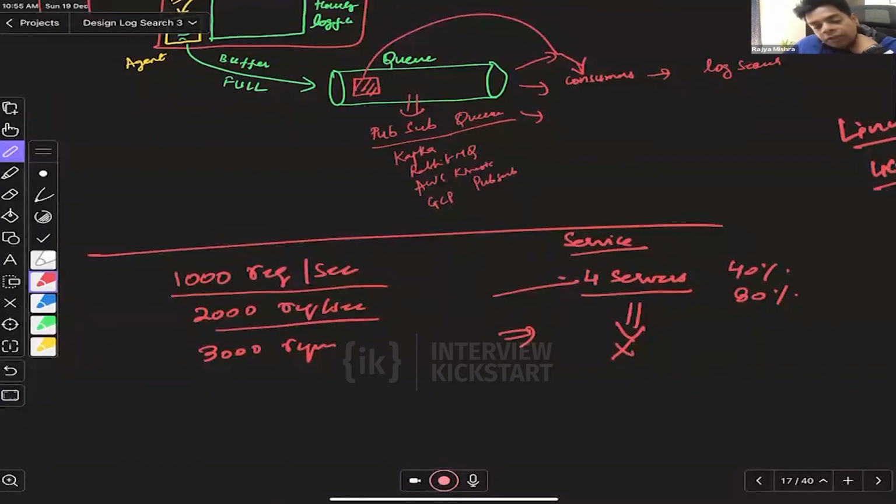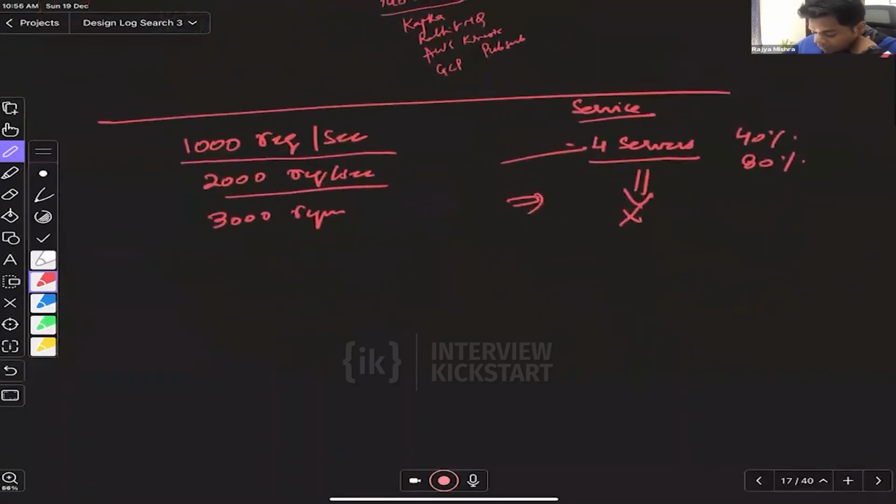If they are not enough, then what should I do? In that case, I should add more servers here. But adding more servers takes time. By the time those new servers are being added, my service will be unavailable for a short time, right? Now, imagine if we had a queue here,